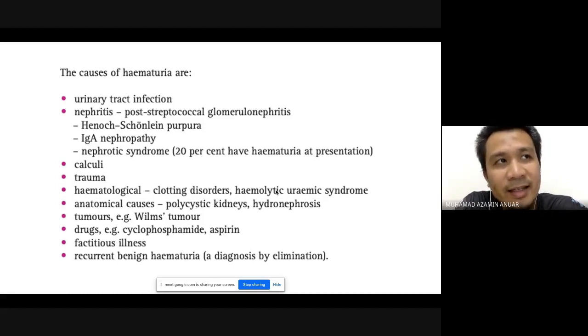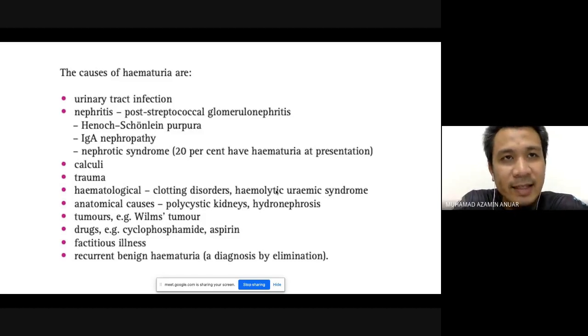Cuma kadang-kadang in this factitious illness, you will find the child slightly dia punya growth dia slightly abnormal. It means that the child might have failure to thrive, might be slightly unkempt, might be slightly anorexic looking, and sometimes slightly nampak macam not well managed at home. So those probably a hint or signs that you might think about possible something wrong socially.